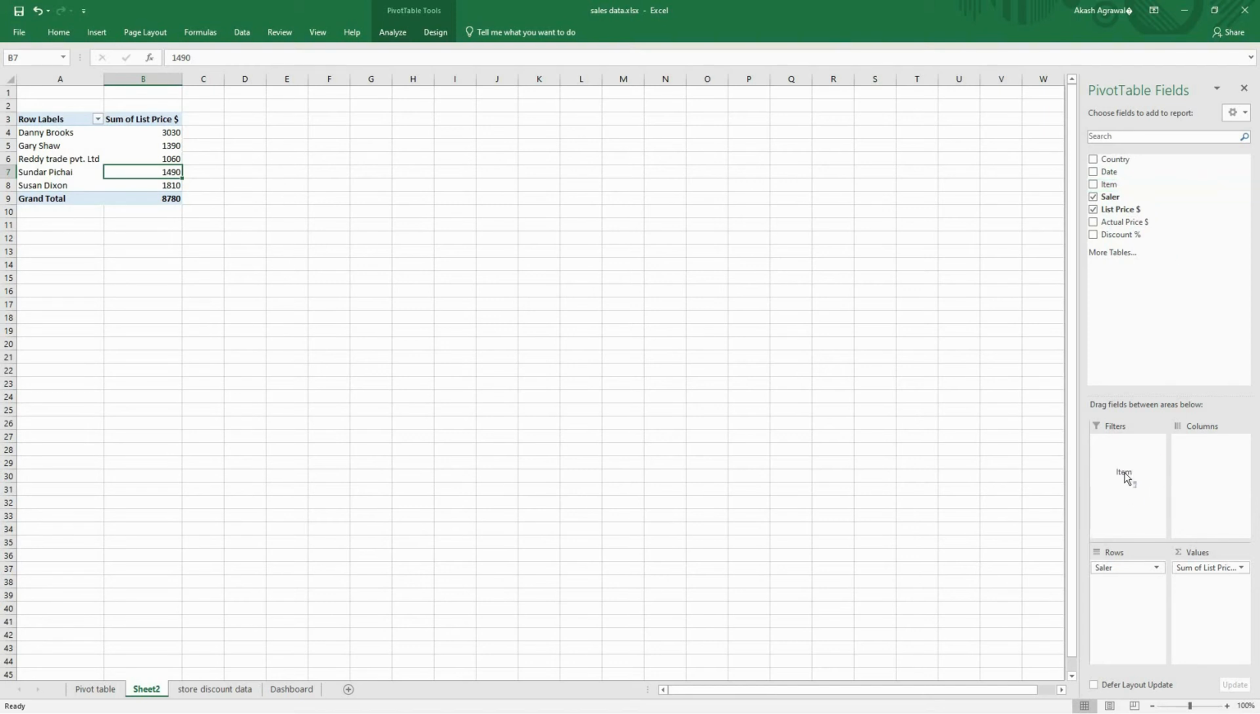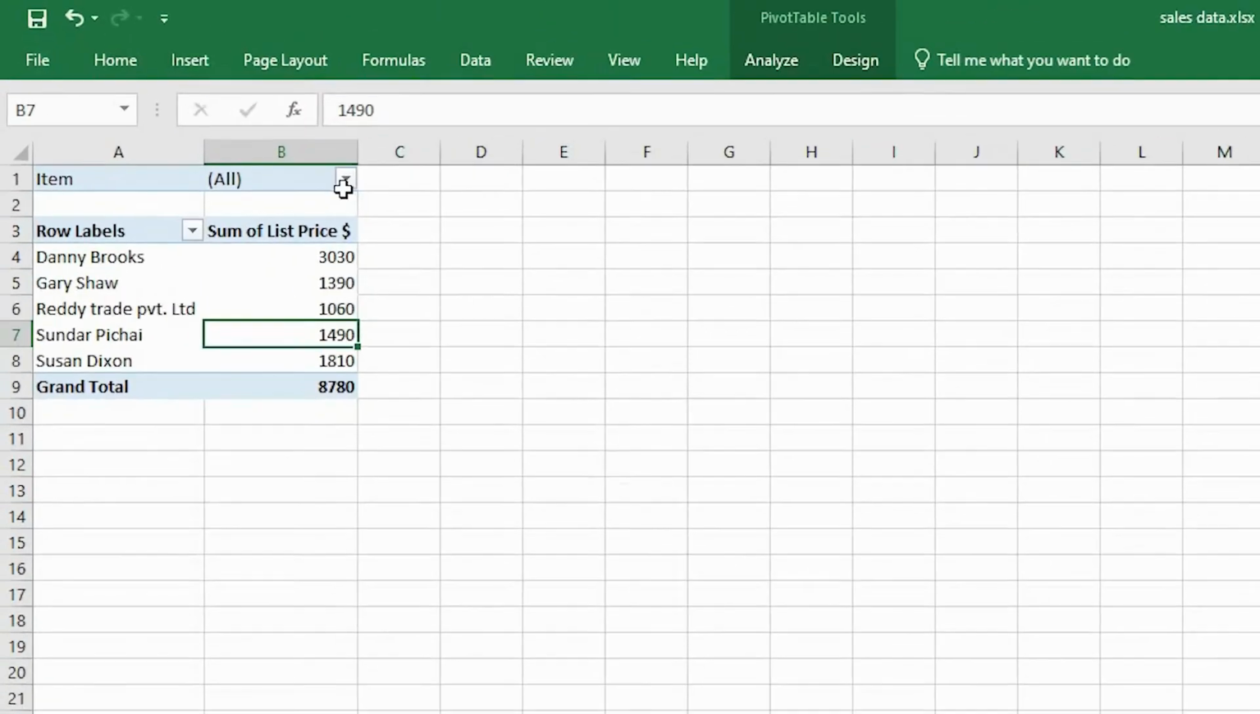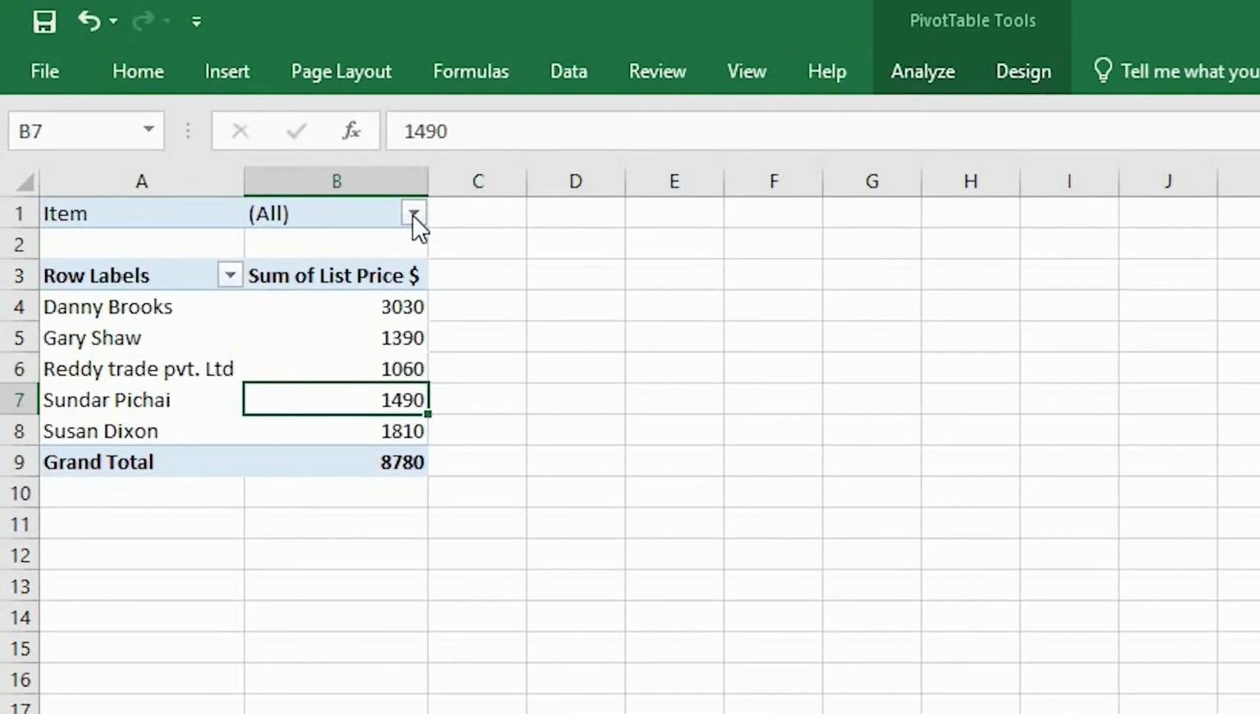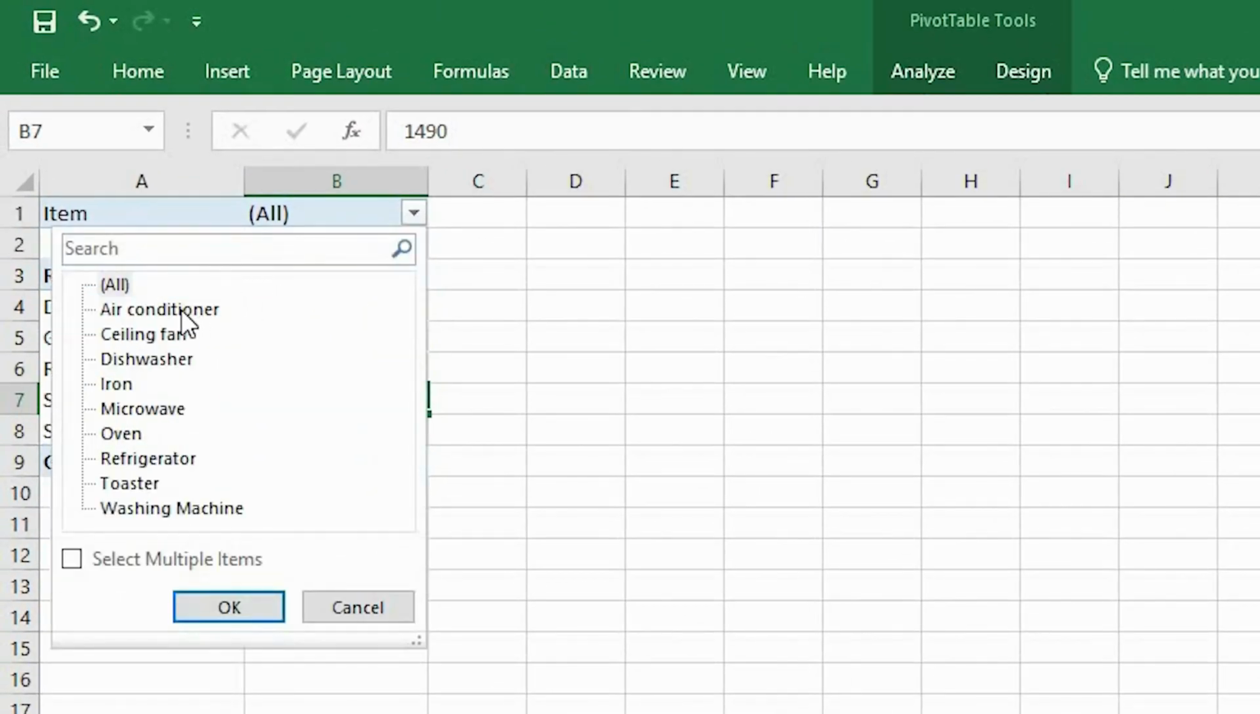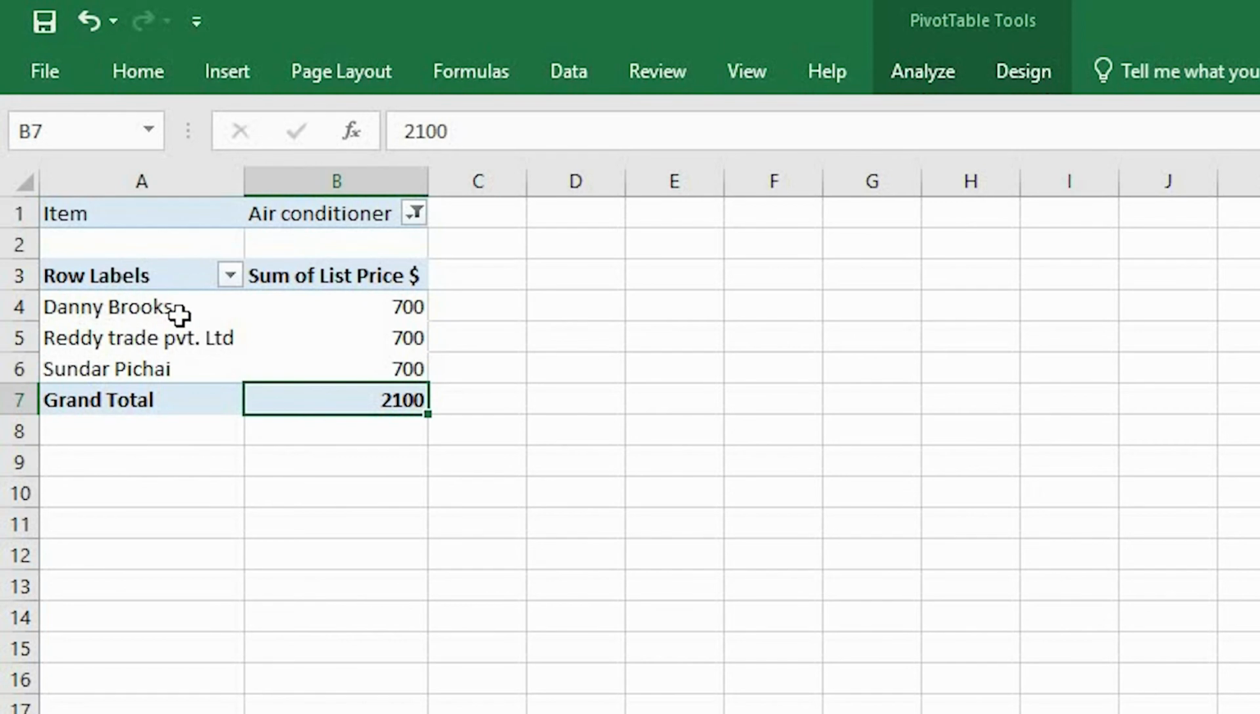Let's say you want to know the item-wise distribution of each seller, so you add sellers in the rows area, list price in values, and item in filters. This adds a separate section for filters. If you click here, you will see the various items that you sell. If you click on air conditioner and press OK, then each seller's air conditioner revenue will be presented in front